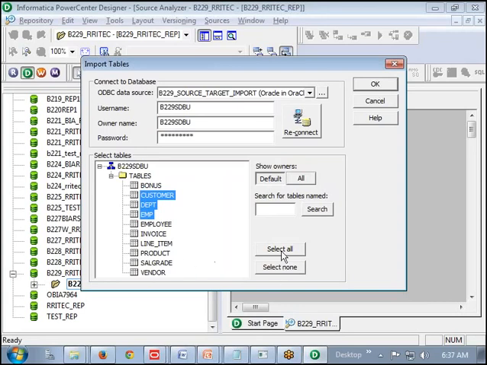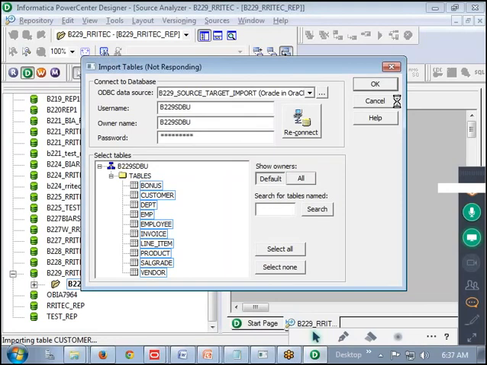If you want all the tables, click on select all, and all the tables are selected. Then click on OK, then automatically that will be stored into Informatica. I am trying to click on OK. Then shortly we are going to see all these things importing.